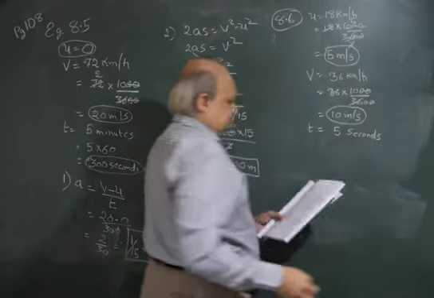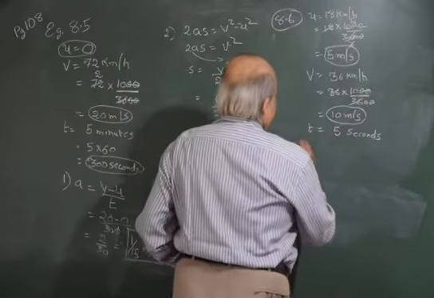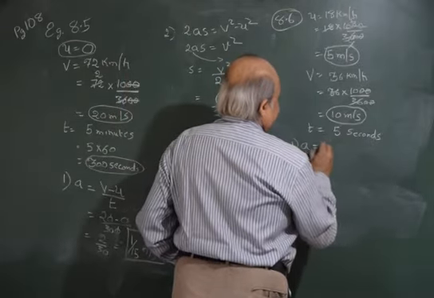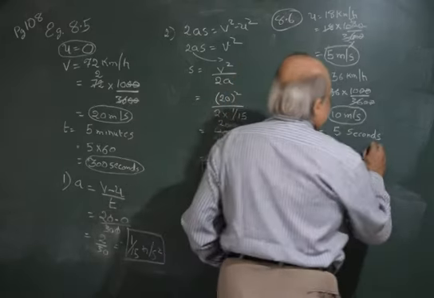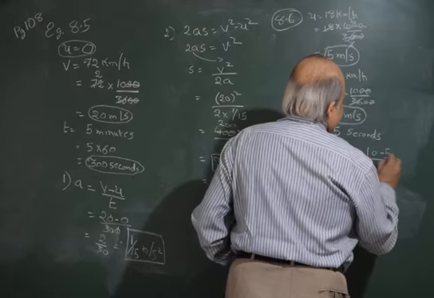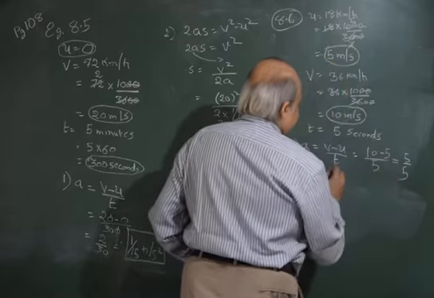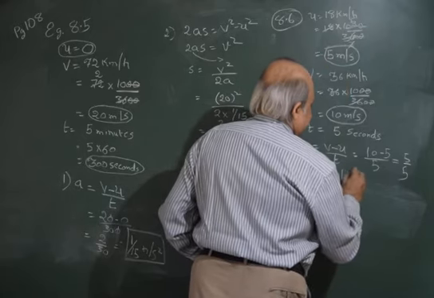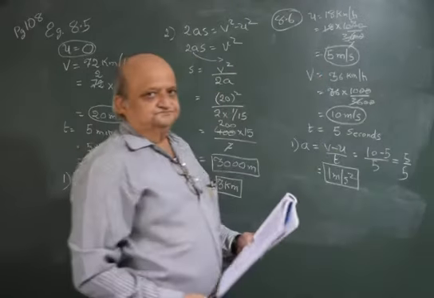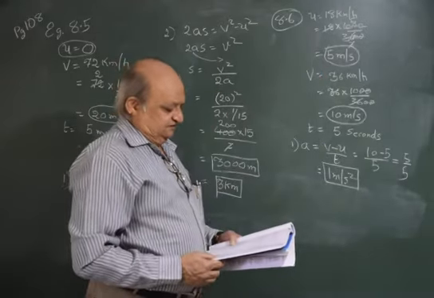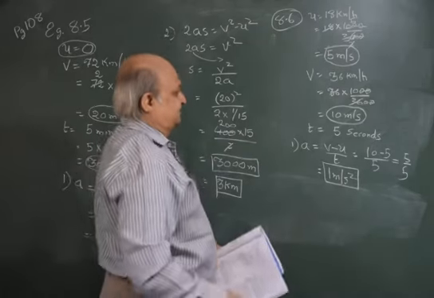Because the time is given to us here in seconds, we don't have to convert it, and therefore the first question, a equal to v minus u upon t, can be given as 10 minus 5 the whole upon 5, that is 5 upon 5, and we get 1 meter per second square as our first answer. Question number 2. The distance covered by the car in that time.